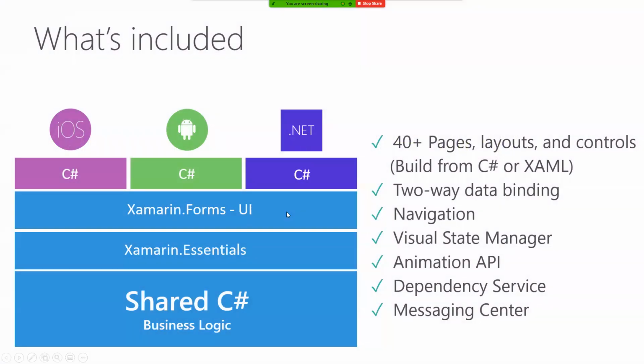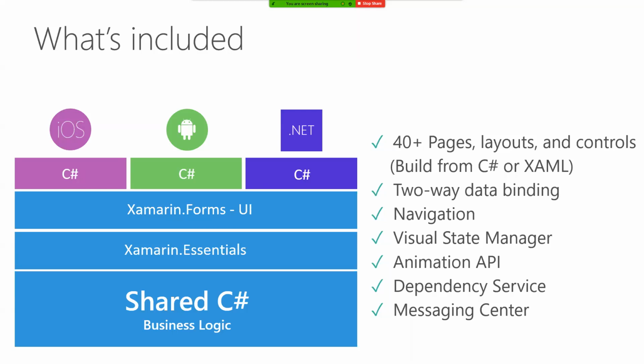So what is included in Xamarin.Forms? That was the Xamarin.Forms app I just showed you, like I said. So the .NET Standard project at the top, the app has your forms code, your essentials code, which is where you get those native APIs, your shared C# and your business logic. And then you still have those iOS and Android projects you could drill into if you needed to do native specific things, access native APIs, change something in how the app is started.